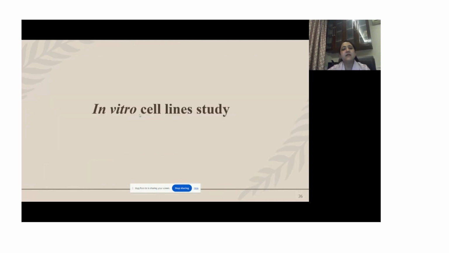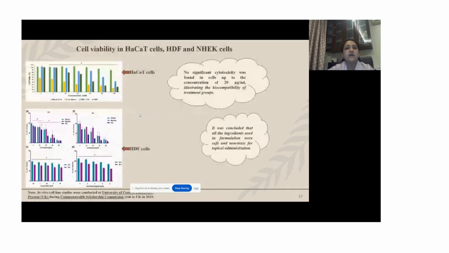So next is in vitro cell line study. Cell viability study I have performed in HaCaT cells, HDF cells, and NHEK cells. In HaCaT cells, there was no cytotoxicity up to 20 microgram per ml. It shows the biocompatibility of treatment groups, for which I have selected blank SLNs, tacrolimus only, THC SLNs, that is tetrahydrocurcumin nanoparticles, and